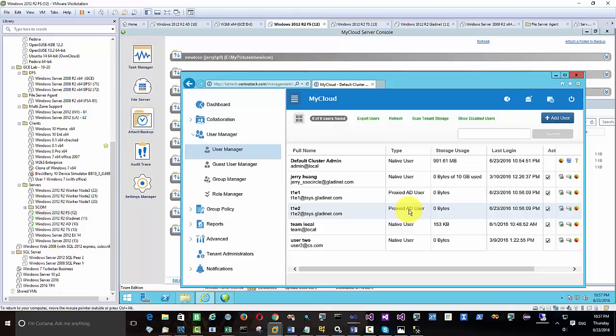So the migration is not just migrating the files and folders and then set up the two-way synchronization. It's also getting the users, the Active Directory users, into the system here. So then the same Active Directory user using the same credential can access the same set of files and folders with the existing permission they had on the Windows file server. So this is a very powerful feature to